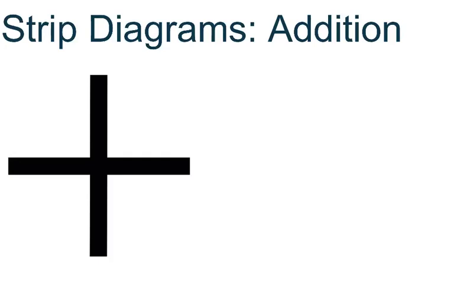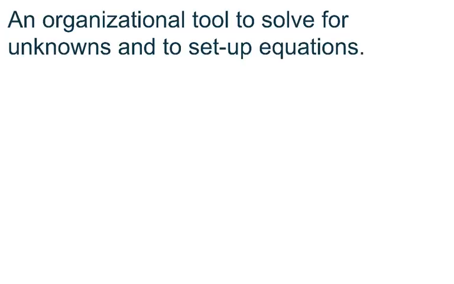So let's talk about strip diagrams, and we're going to look at first addition, subtraction, multiplication, and division. We're going to break strip diagrams up into 4 parts so that you can have the time to see each part of it. Now, a strip diagram is an organizational tool used to help solve for unknowns and set up equations. And usually your strip diagram is going to look something like this,